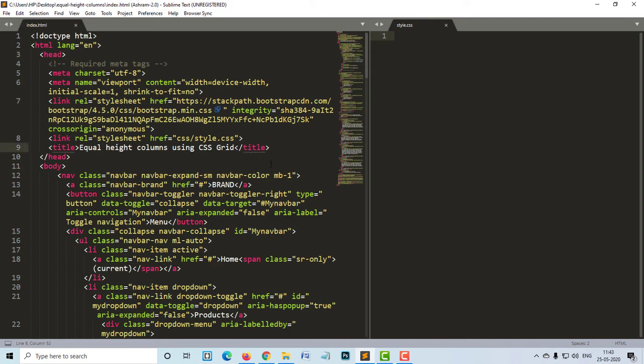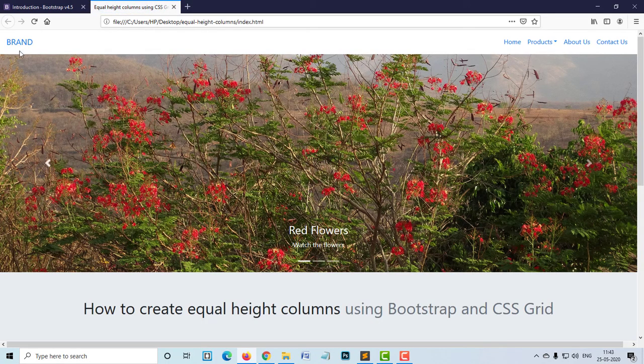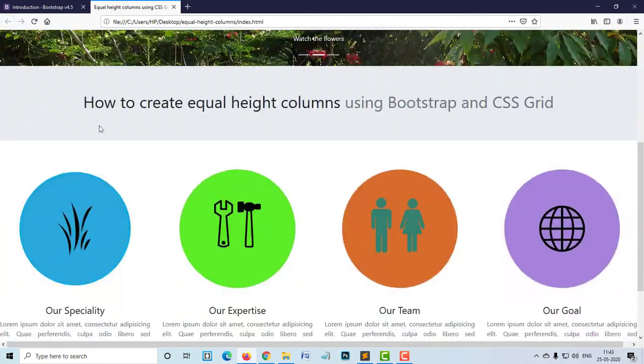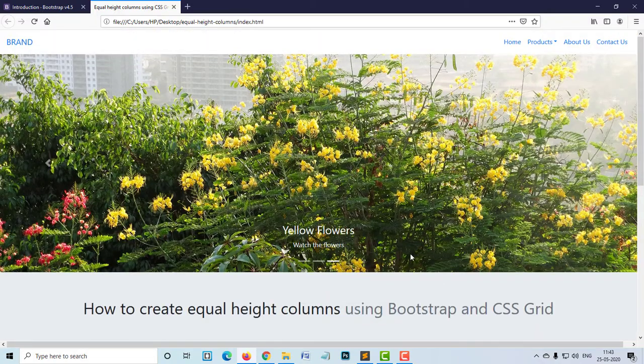Now let's have a look at it from the browser. I'll be using Firefox as the browser. Now you can see we have the navigation here and the carousel. And after that, we have a Jumbotron heading, and then the images, heading, text, and buttons. Now you can see that these 4 columns are not aligned uniformly. In the third column, you can see that there is extra text. As a result of that, the buttons are unevenly aligned. So our job is to align all 4 columns uniformly, including the buttons. Let's see how to do that.